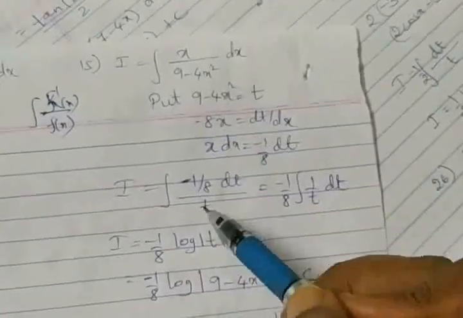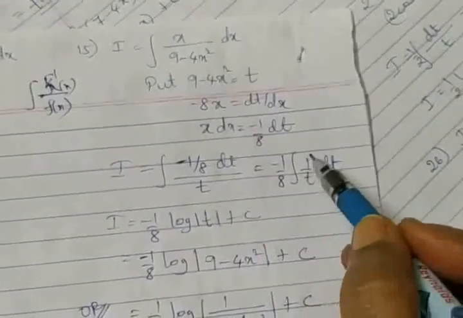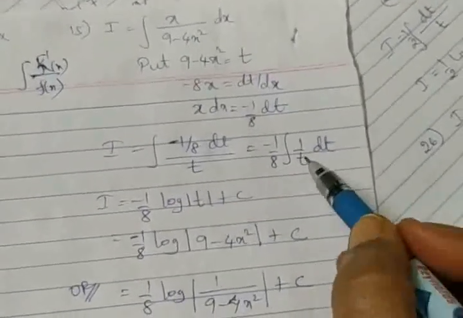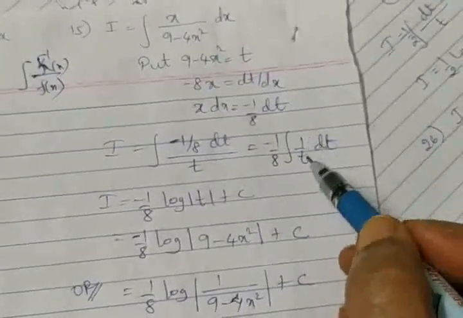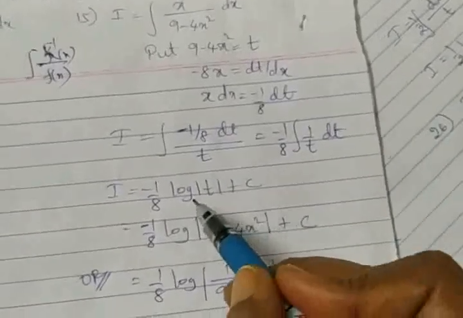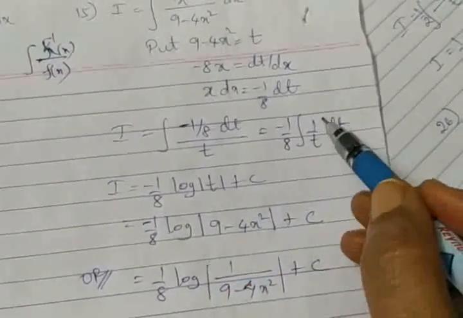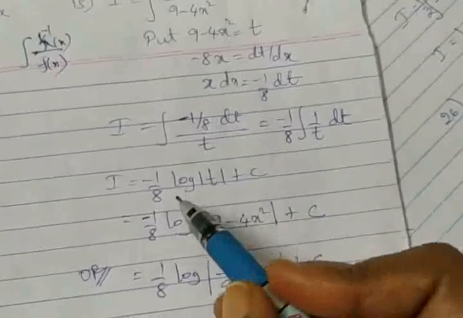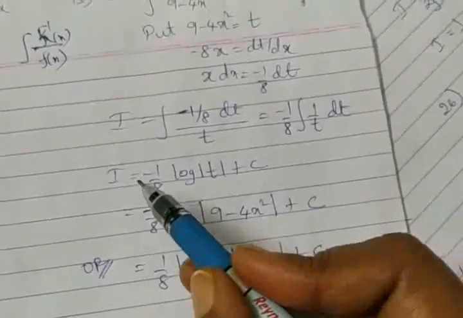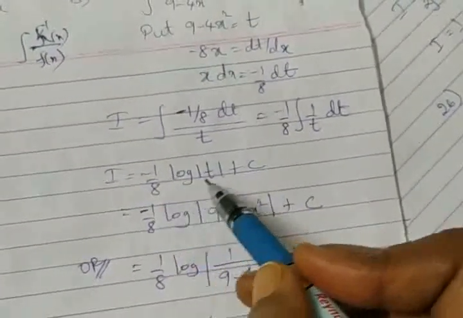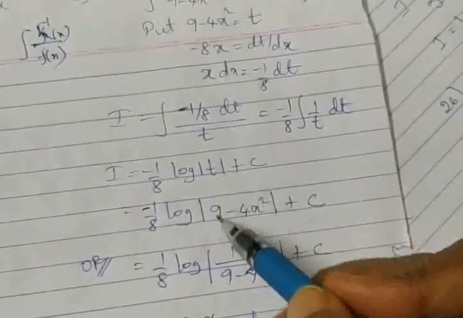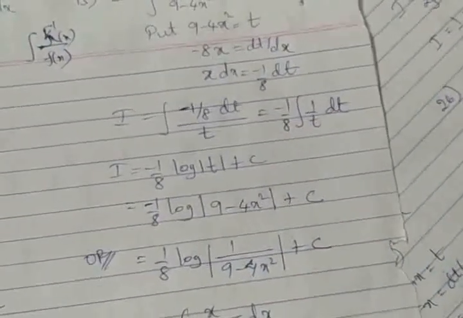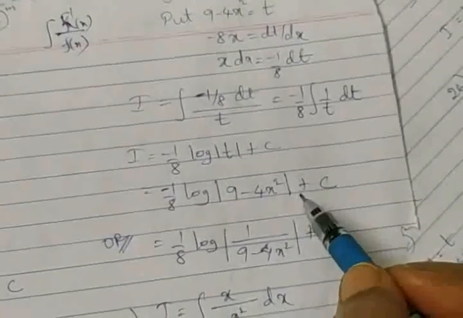In the denominator we are claiming it for t. So minus 1 by 8 integration of 1 by t with respect to t. Remember, the integration of 1 by t, 1 by x with respect to x, we have log. Okay, don't take it as t raised to minus 1. Be careful. By now everyone should remember this. So here we are left with minus 1 by 8 log of mod t plus c. Replace t here, we find minus 1 by 8 log mod of 9 minus 4x square plus c